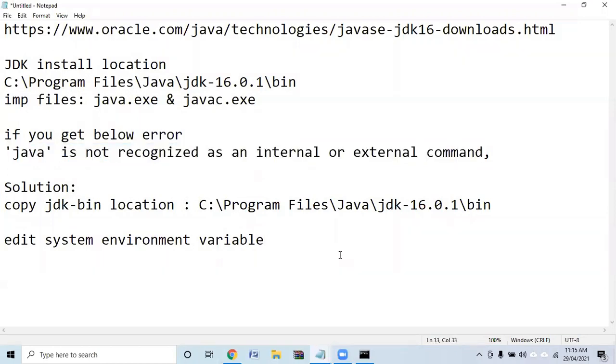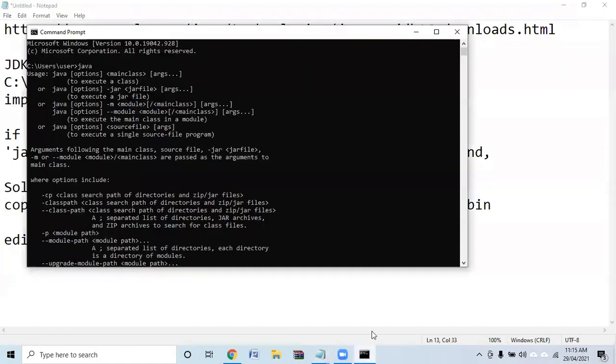My suggestion is today only, please download and install Java. Try this. If you're facing any issues, ping me. Okay, you text me. We will solve that so that from tomorrow onwards you will not face any issues in writing a program. Do not neglect, do not postpone. Okay, so immediately today only install it. Any issues you are facing after installation, you let me know.